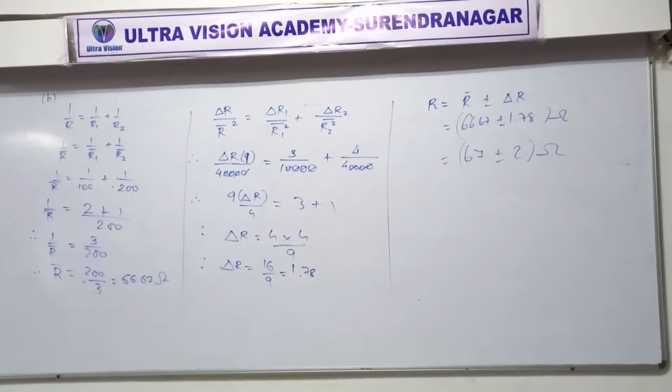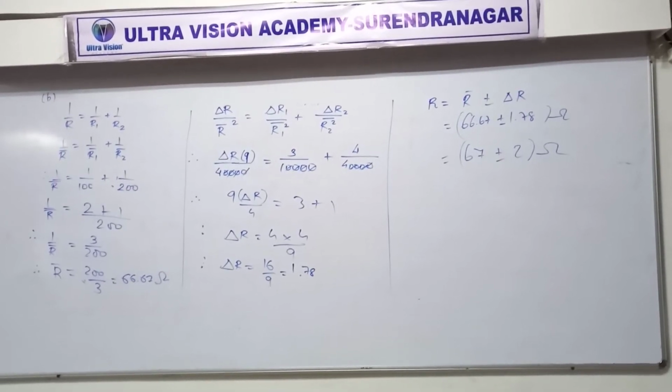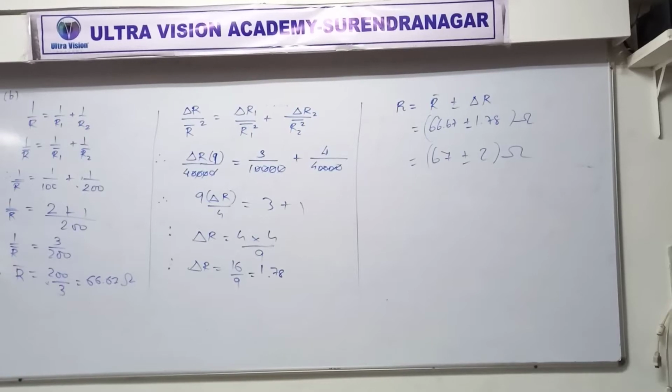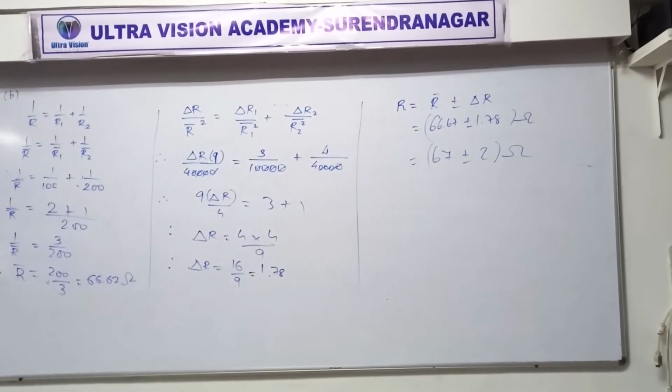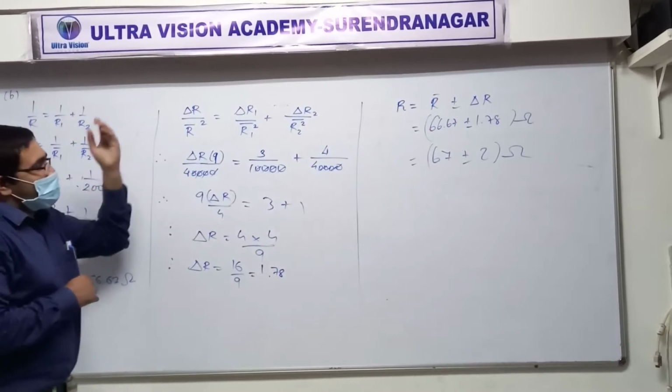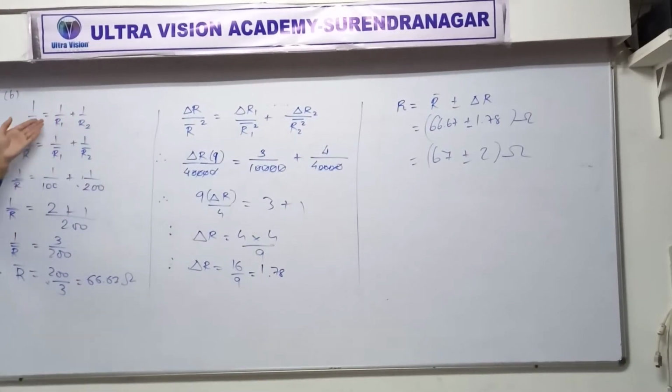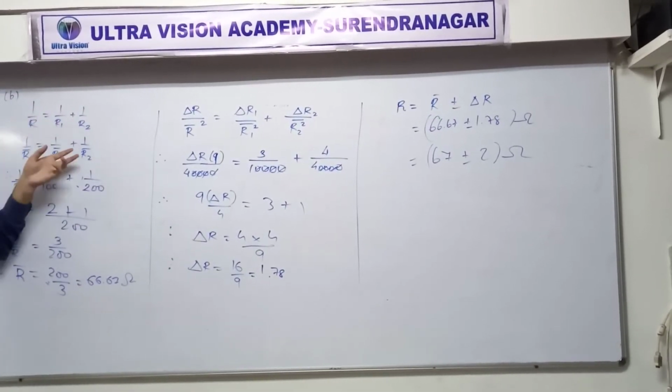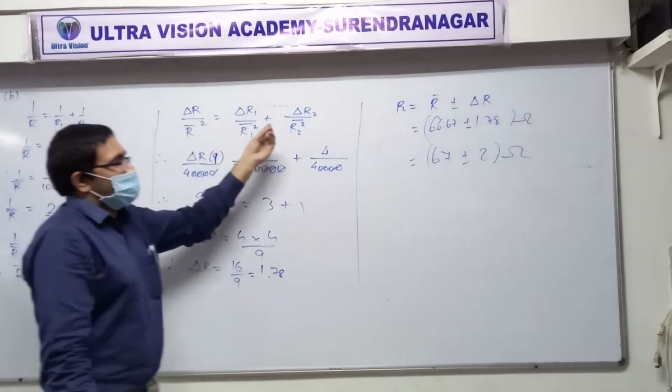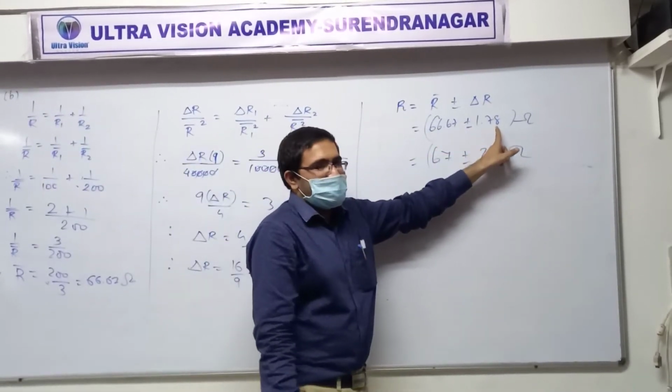Now there is something mentioned in the last line of the solution given in the book which is actually wrong. They are saying here delta R is expressed as 1.8 instead of 2 to keep in conformity with the rules of significant figures. Actually that statement is wrong. If you take care of significant figures, in the original measurements given in the question, R1 and R2, you are not able to measure after the point. Yes or no?